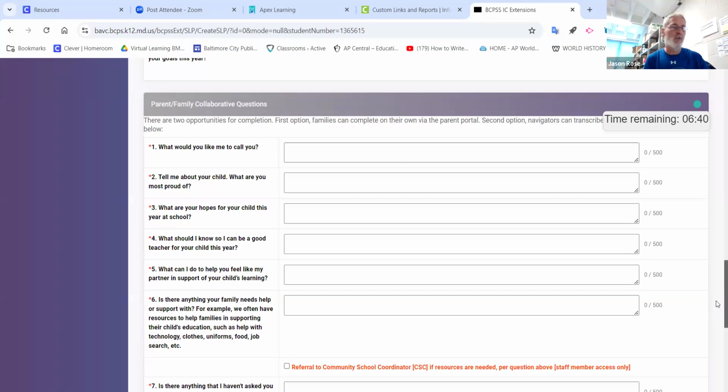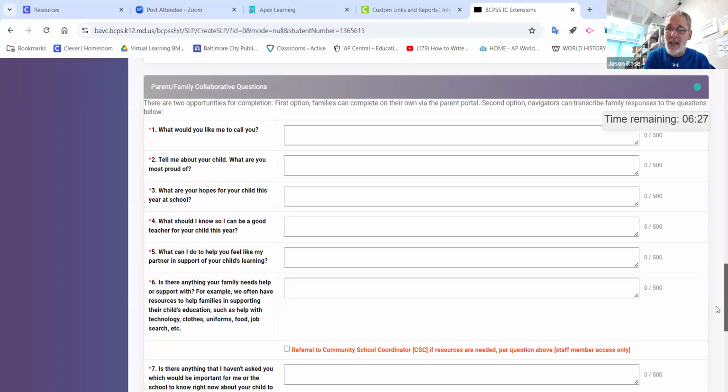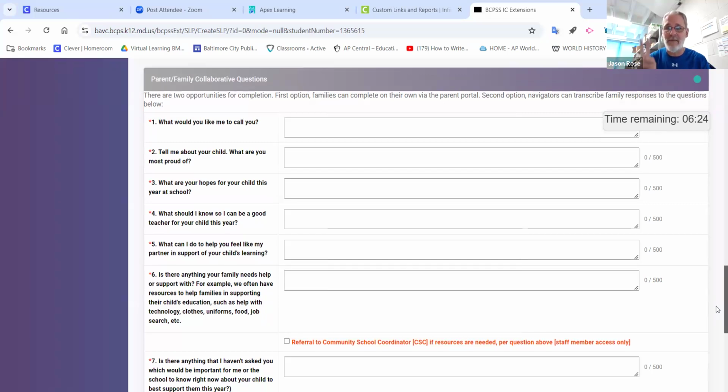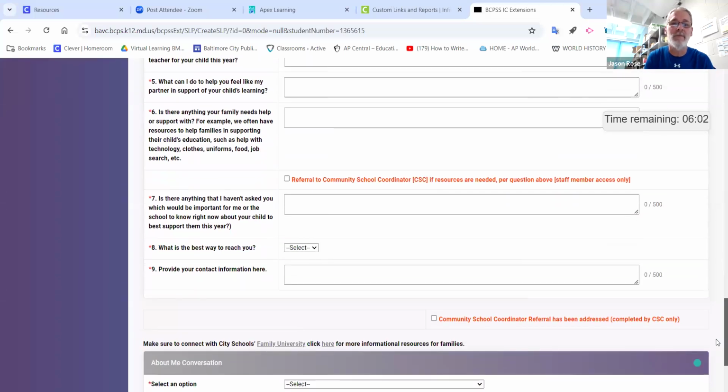But say you reached out to the parents by email, you got no response. You called home and left a message, you got no response. You put something on Parent Square, you got no response. So the main thing on this is that you have to do 2 attempts. And these have to be documented. So after you've reached out to them and you got no response or no feedback or anything, then when you go through to answer these, you're just going to put no answer, or you could put NA on there. But the most important part is when you get down here at the bottom